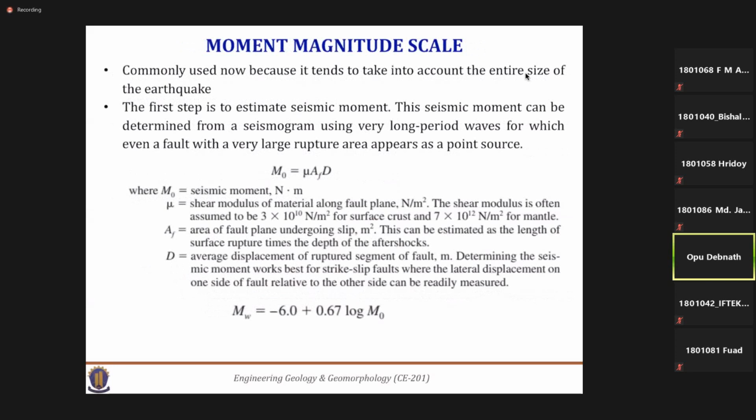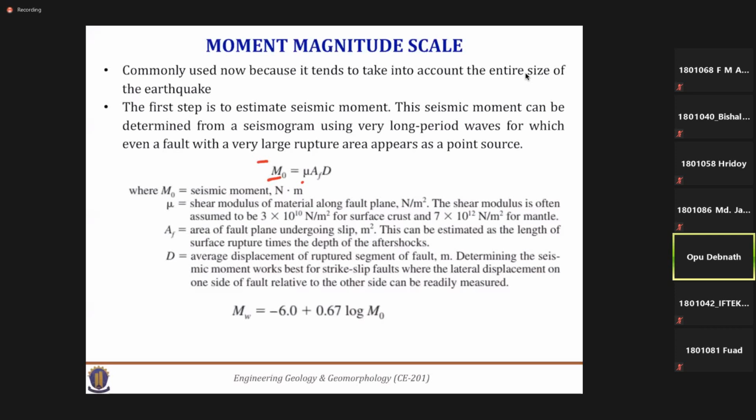The moment of the earthquake. And here M0 is the seismic moment in terms of the moment scale. First of all, we need to calculate the seismic moment, and mu is the shear modulus. Generally, soil has some typical value of shear modulus. AF is the area of the fault plane. That means,